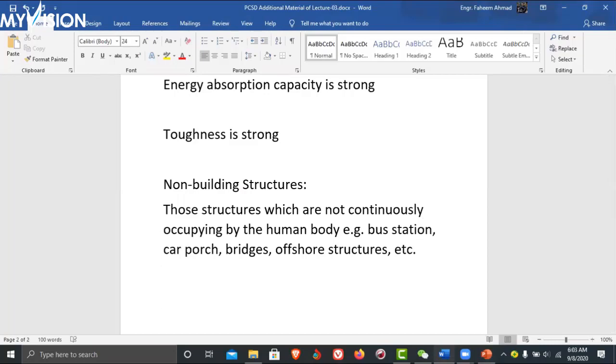Even when we are talking about Pakistan cities, for Islamabad, the regulation law or the building guidelines are available. You have to follow CDA. CDA is Capital Development